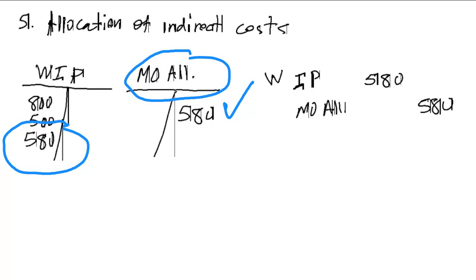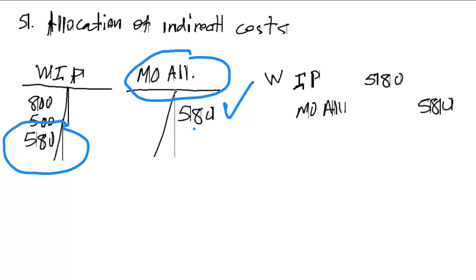The reason for that is sometimes I need to prepare my financial statements before all of our manufacturing overhead costs are entered into our manufacturing overhead control account. Let's say at the end of the month, I need to prepare my balance sheet, but I do not have all the manufacturing overhead costs posted. So I use the budgeted manufacturing overhead allocation in order to, for example, prepare my financial statements on time. Just an example. So based on past experience or financial information, I credited manufacturing overhead allocation 580, and I